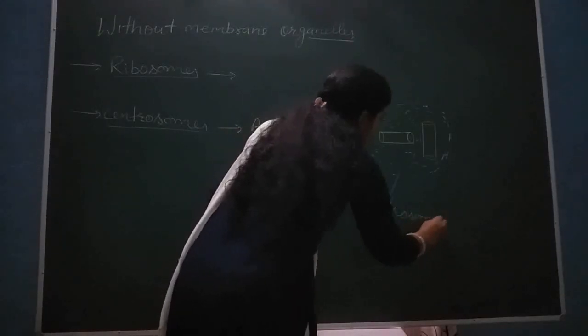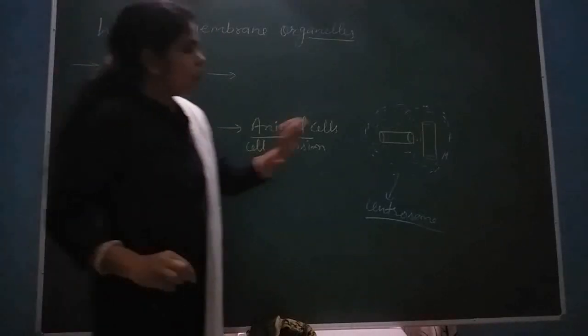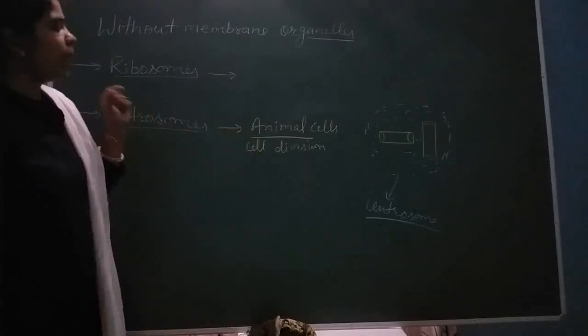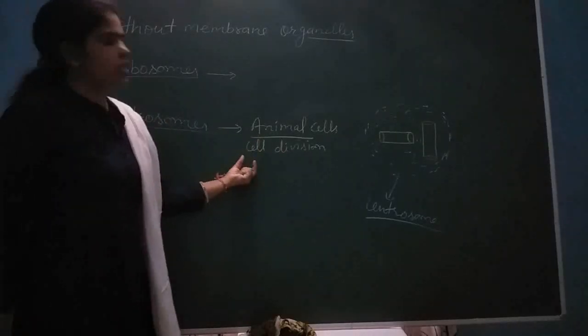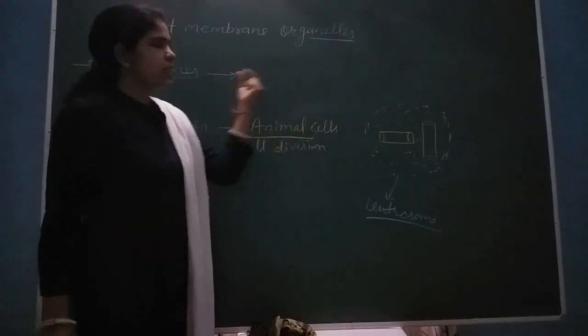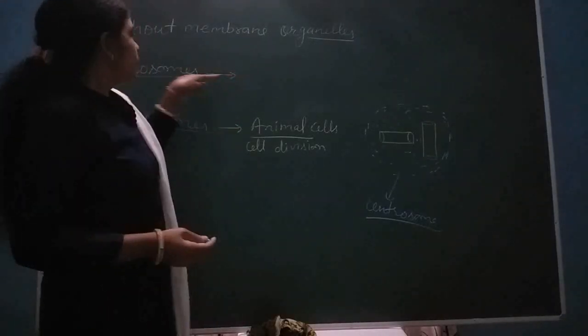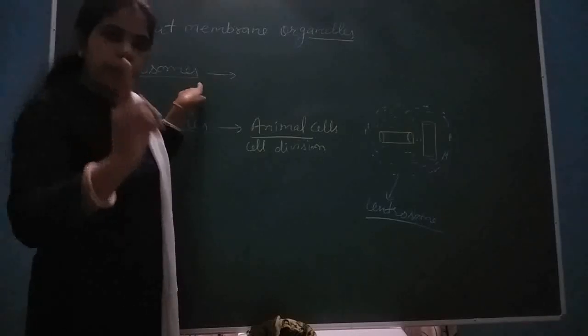So the centrosome does not have any membrane, while the centrioles have a membrane. This centrosome helps in the cell division of the animal cell. This is also a without-membrane organelle. Now these ribosomes help in protein synthesis